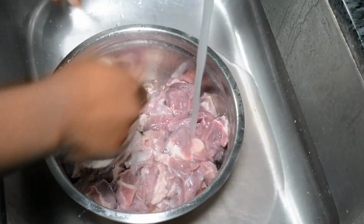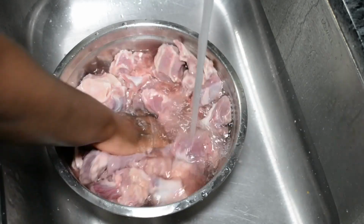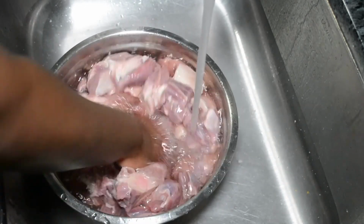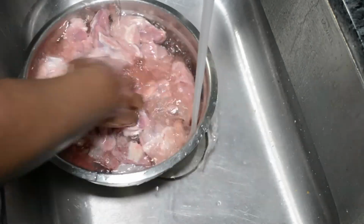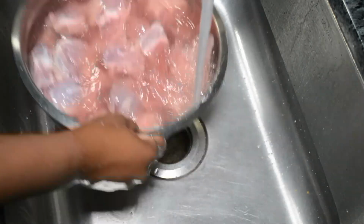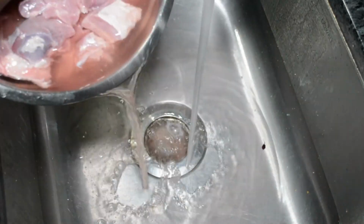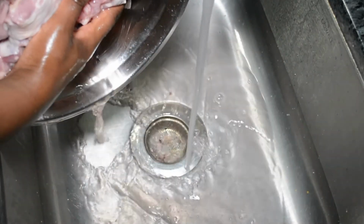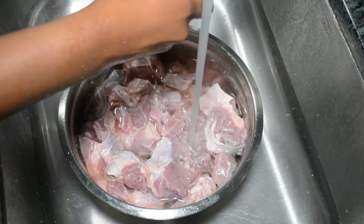And like I say in all my videos, please wash all your meat when you get it. Don't listen to people and not wash your meat. So basically, I'm washing the meat with vinegar and water. So you're just going to want to put the meat in whatever container you're going to season it up in and add some cold water to the meat, and then you're gonna add some vinegar, and you just wanna rinse